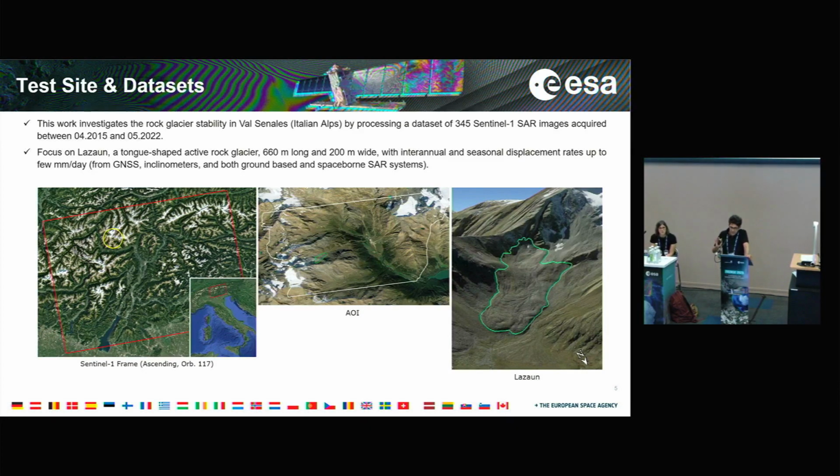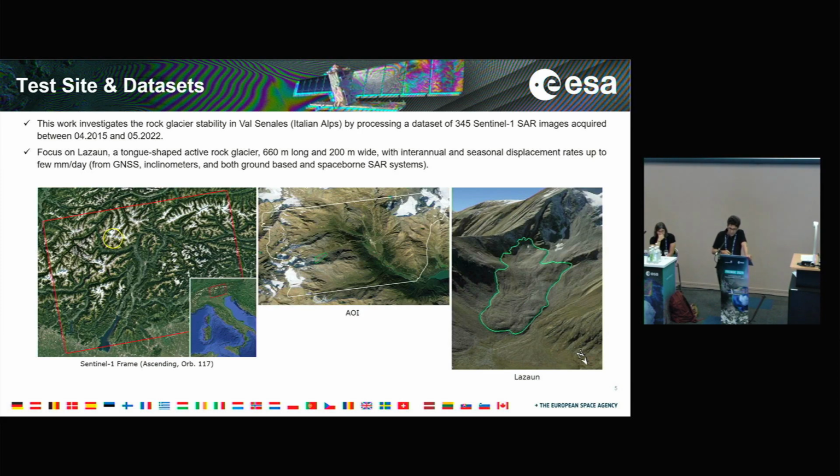We focus our investigation on the Italian Alps in Valsenales, where there are a lot of these rock glaciers. We acquired a quite large data set made of 345 Sentinel-1 acquisitions. Then we focus in particular on one of the rock glaciers in the area of interest, the Lazaun rock glacier, because it has already been investigated in the past using several technologies, including GNSS, inclinometers, and also ground-based